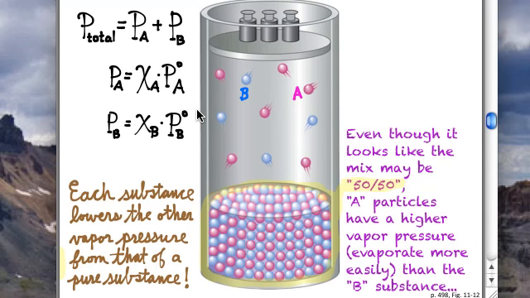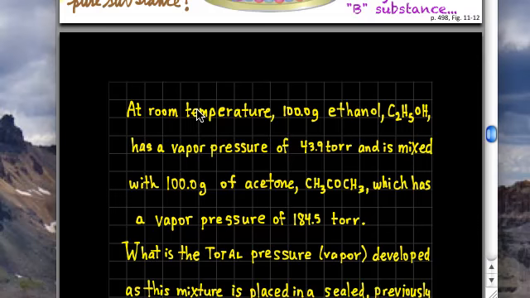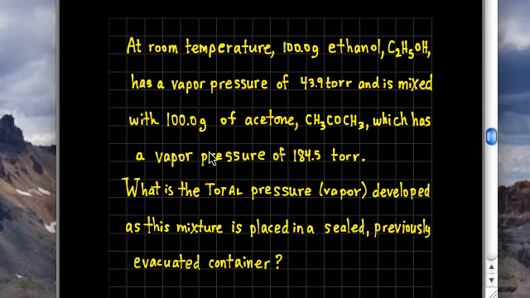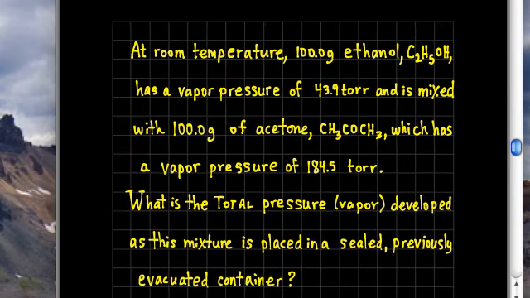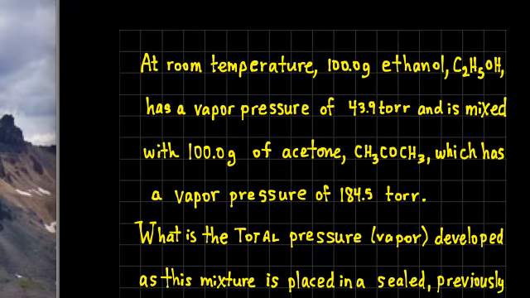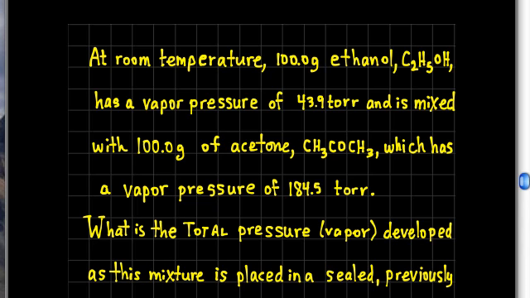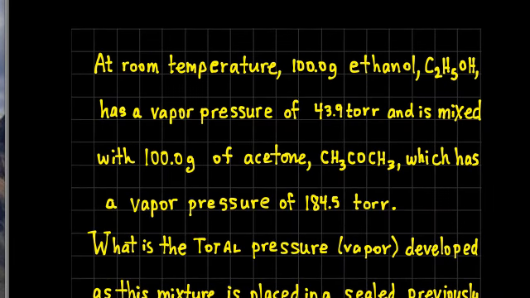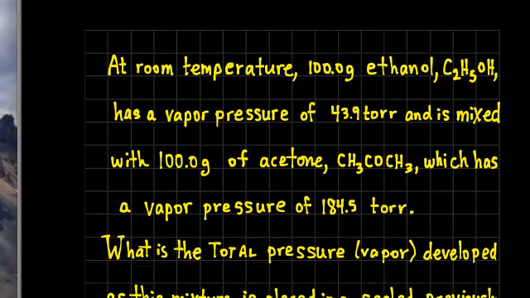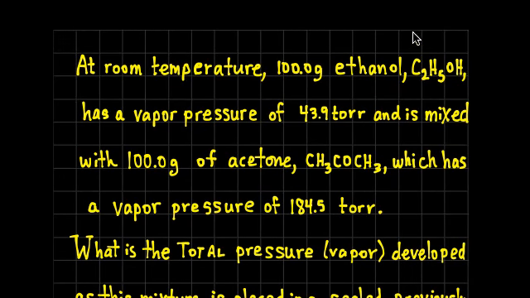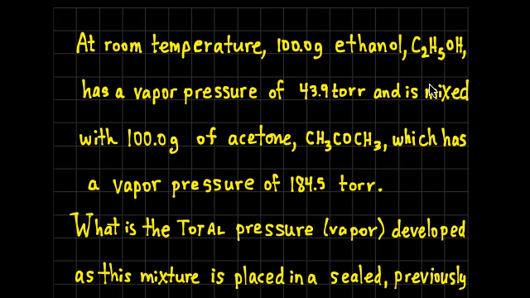Let's try an example. Let me enlarge this a little bit. So, example, I have room temperature ethanol, alcohol. It evaporates pretty easily. It feels cold on your skin. And also, if you've ever spilled nail polish remover on your skin, you'll notice that also feels colder, and that's acetone. So I have 100 grams of alcohol, evaporates pretty easily, as measured by this number. I have 100 grams of acetone, evaporates even easier.